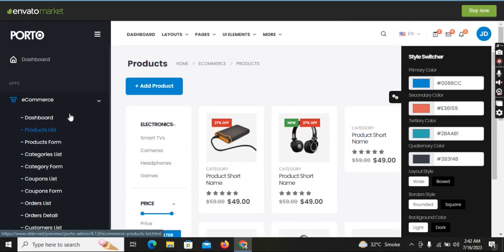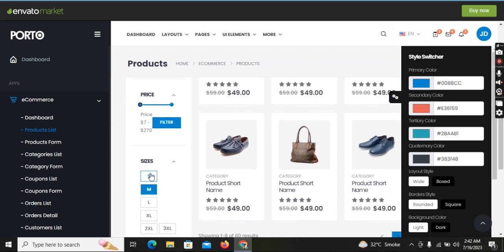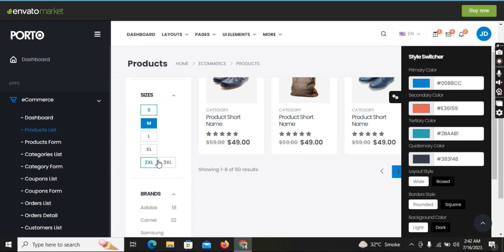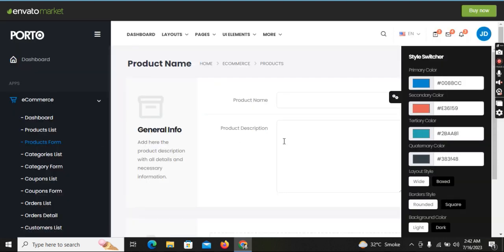So basically it's a professional website which is made by HTML, CSS and JavaScript. You can see the price filter as well, and you can see the small size, the medium size and the large, and this is the product form. Alright, so